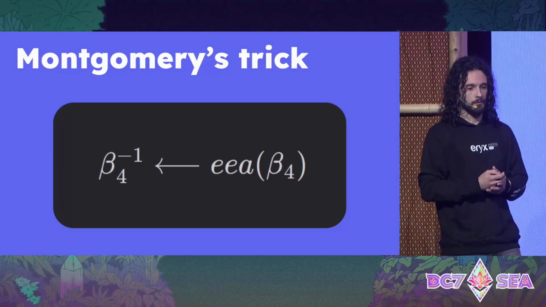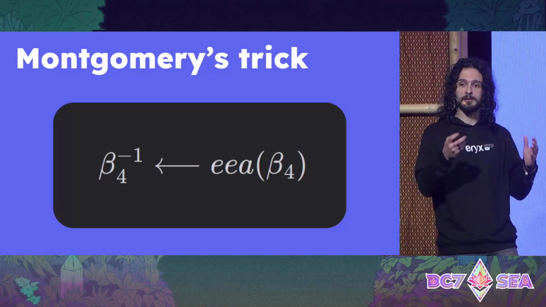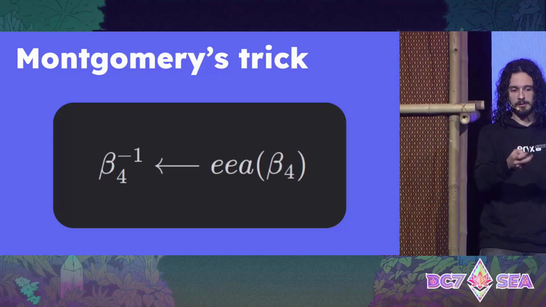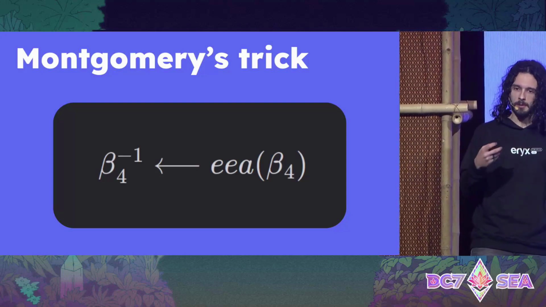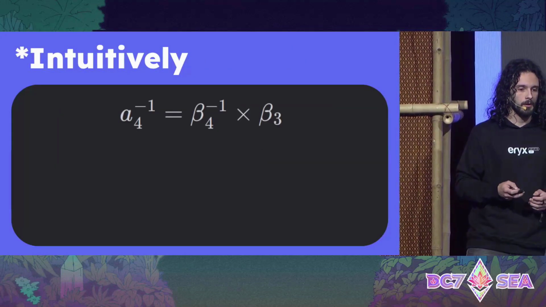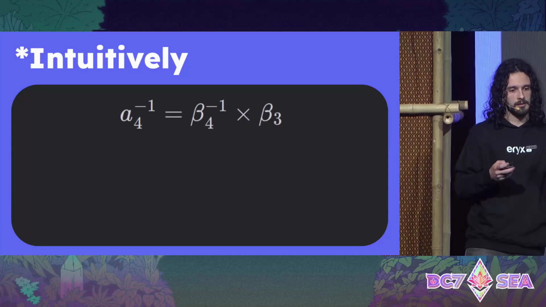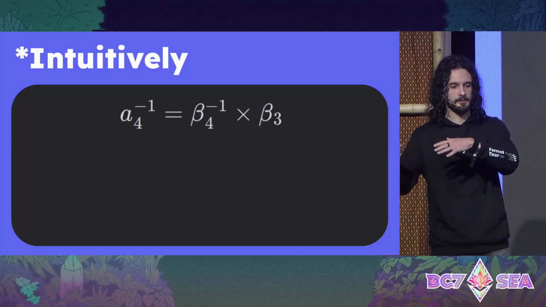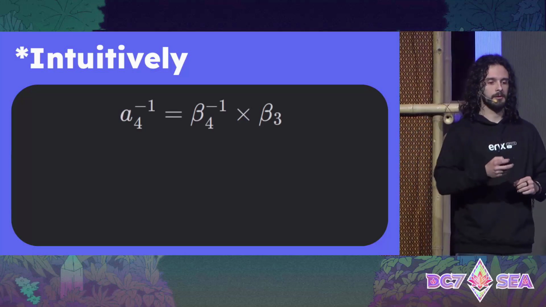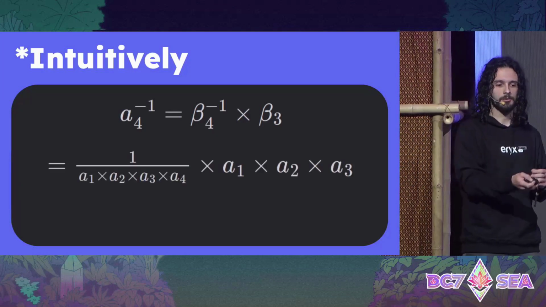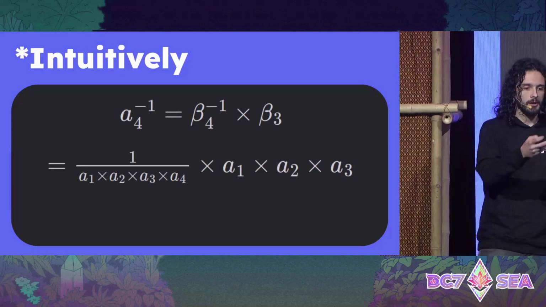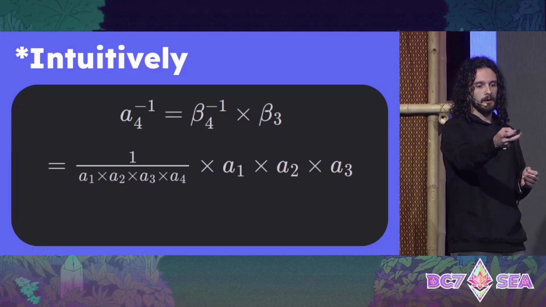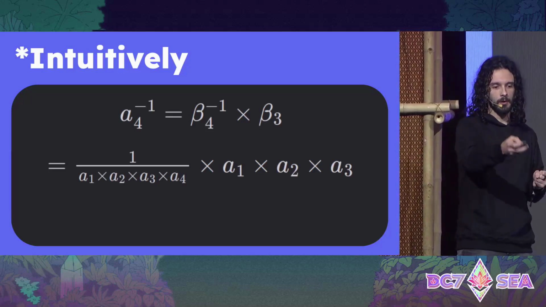Then, when we're finished, we take the biggest accumulated product and invert it using the extended Euclidean algorithm, which is this expensive operation I was talking about. And then we see this little trick to calculate the inversion of the very last element at first. So intuitively, because there's no division in field operations, we take beta 4 inverted as 1 over the product of